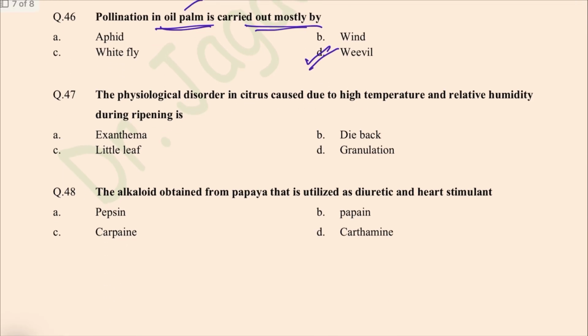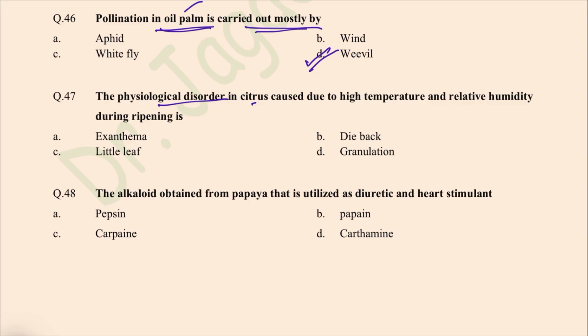Next question. The physiological disorder in citrus caused due to high temperature and relative humidity during ripening, that is called granulation. So basically, granulation is a severe physiological disorder of citrus fruit where the juice sacs or vesicles become hardened, enlarged, and dry, making the fruit unusable for juice extraction. It is aggravated by high temperature and high relative humidity during the late stage of fruit ripening, especially when harvesting